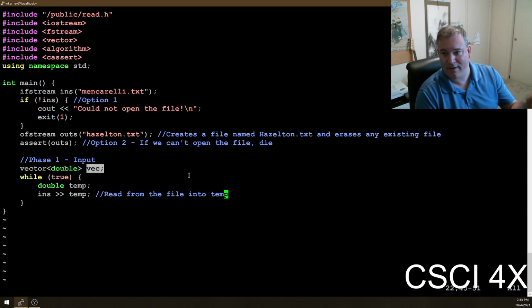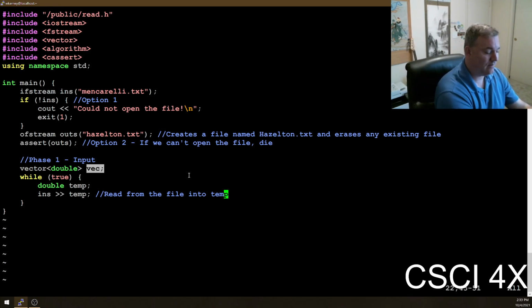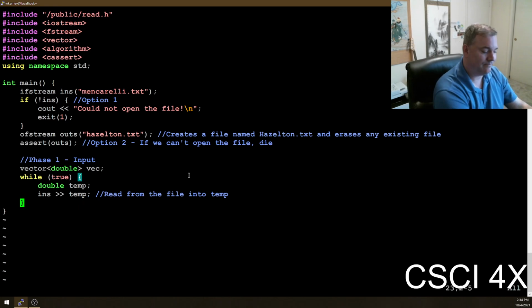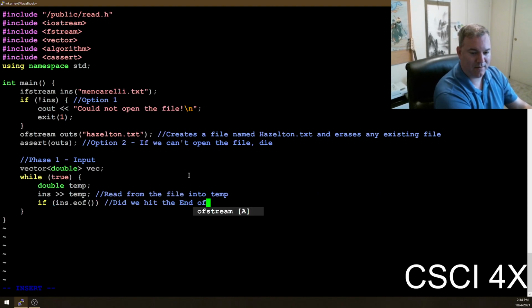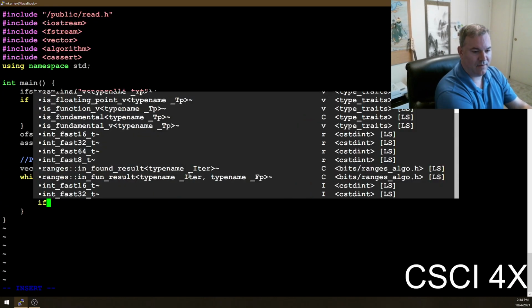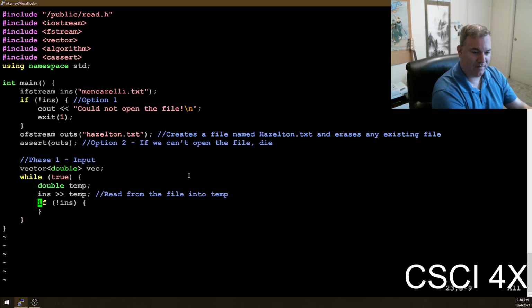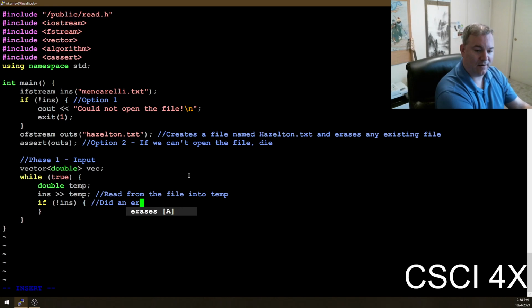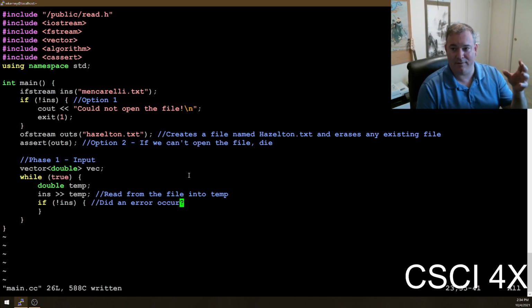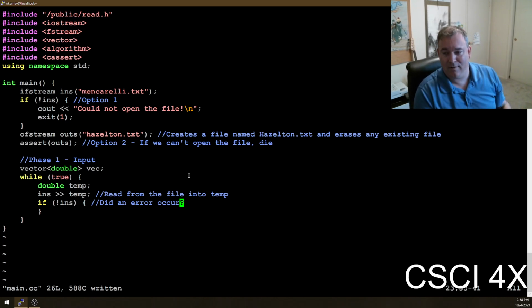So we're going to read from the file into the temporary variable, and then we need to see if an error occurred. Either what we read wasn't a double or we went off the edge of the file. There's another way we could do that, which is to say if ins.eof, did we hit the end of file? Not ins is did an error occur, which is not exactly the same thing, because if you try reading a squirrel into a double, an error occurs.